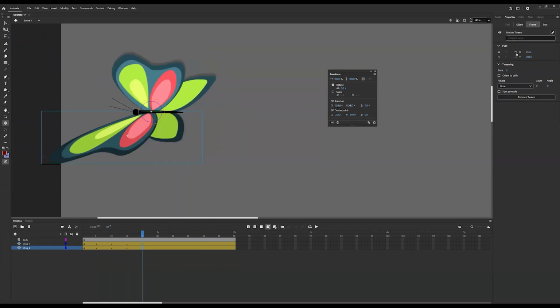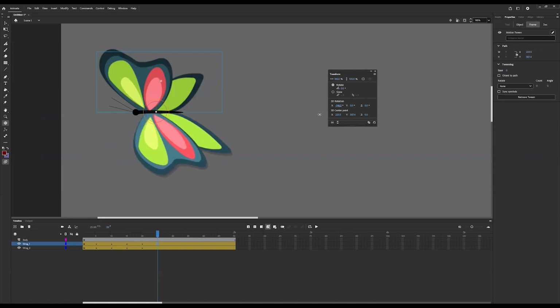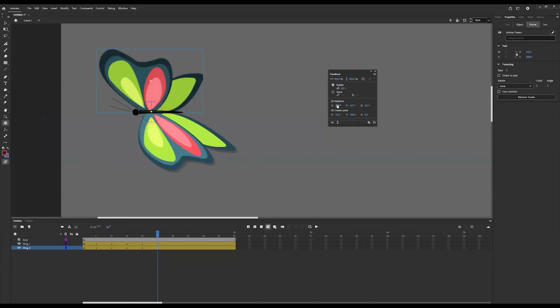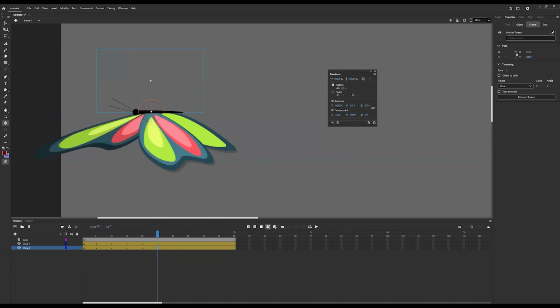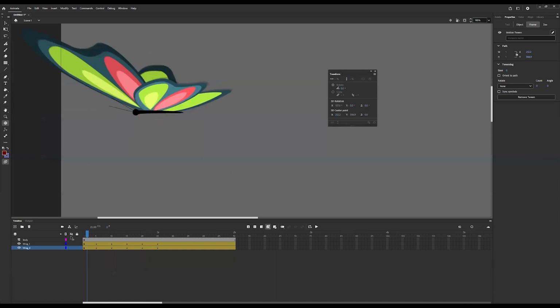Up. I'm going to create an animation for 25 frames and continue working with the other frames. Here, if I play now,